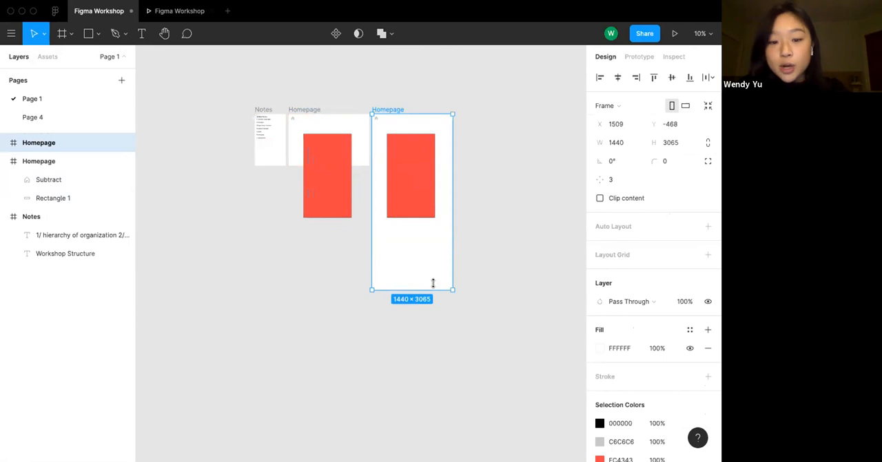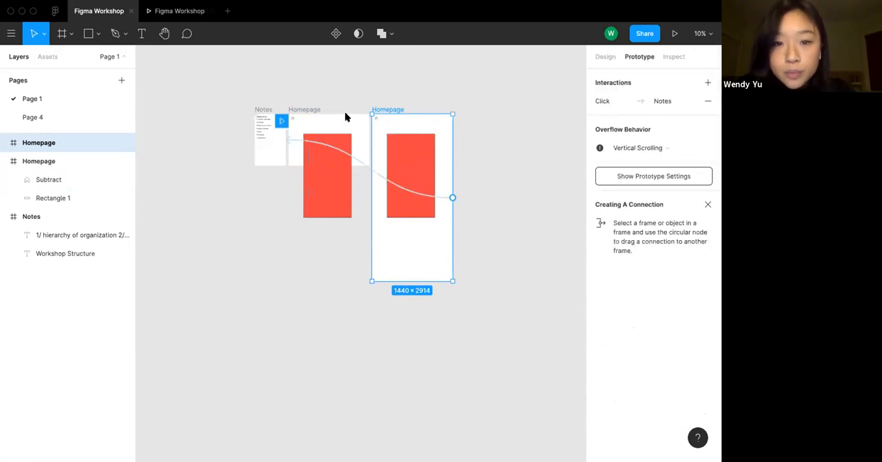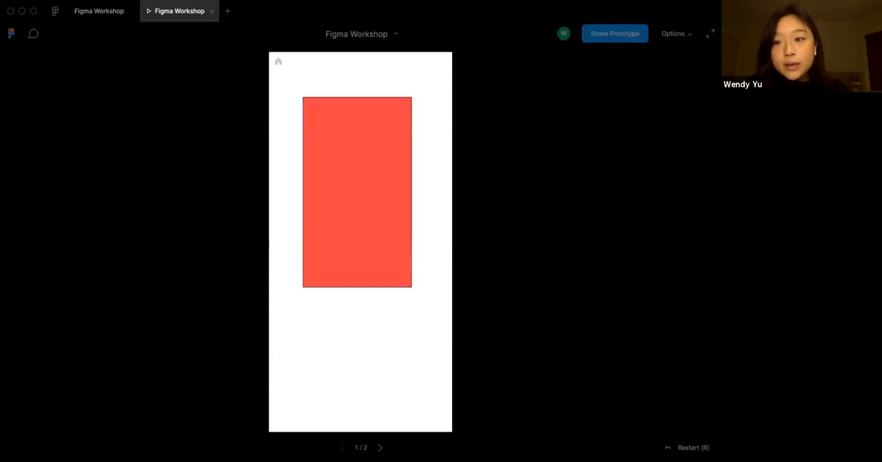So you extend it as long as you want it to scroll for, and then this will allow it to scroll, and you'll be able to see the whole thing. This is kind of an issue when you're prototyping though, or sorry, when you're previewing it, because you'll see that if you're in,